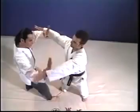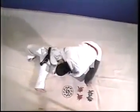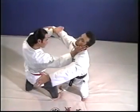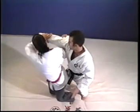Let's look at it from overhead. You'll see it is a counterclockwise turn of your body as you do the throw. You begin by knocking both his arms out to the side. You then strike with your right arm to his throat or his chin, turn counterclockwise, next grab his shoulder, pull